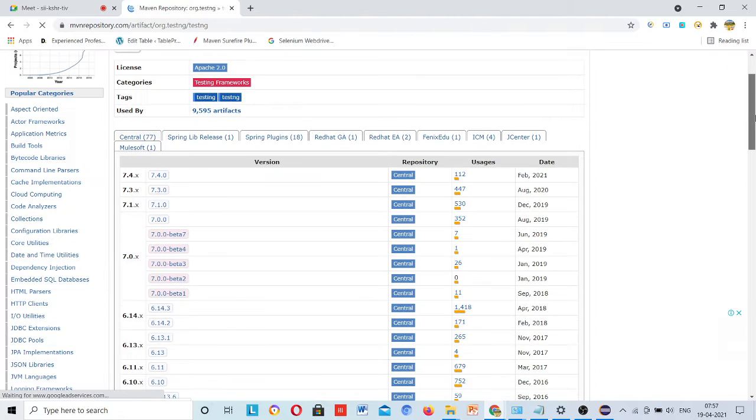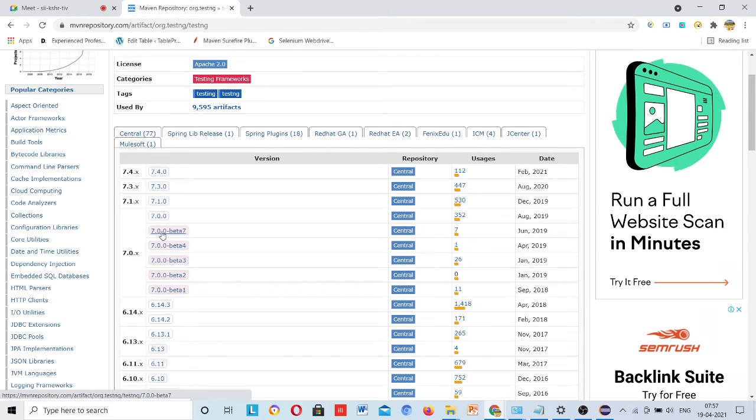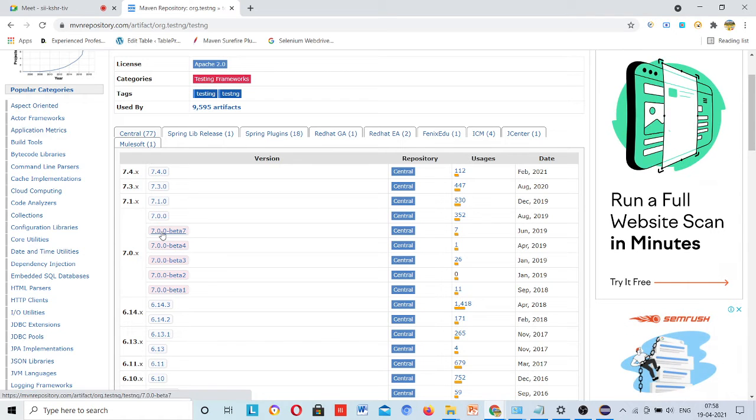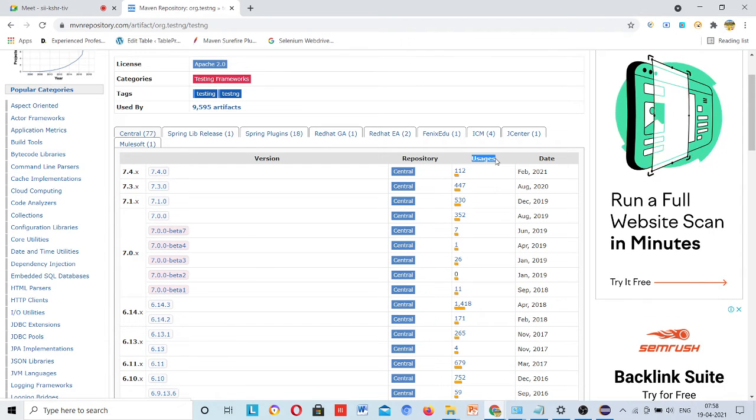If you are using this beta one, this will create problems for you, so use the most stable version. How can you check which is the most stable version? You can check it here, usages.